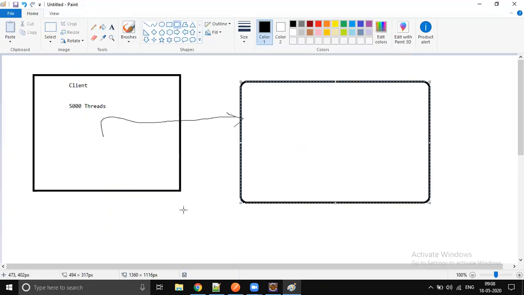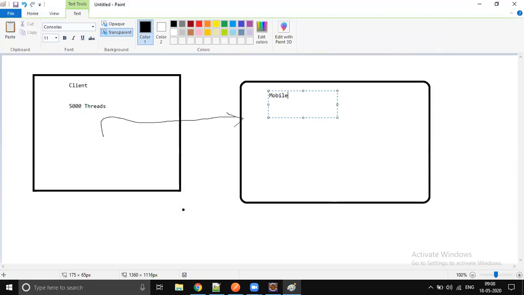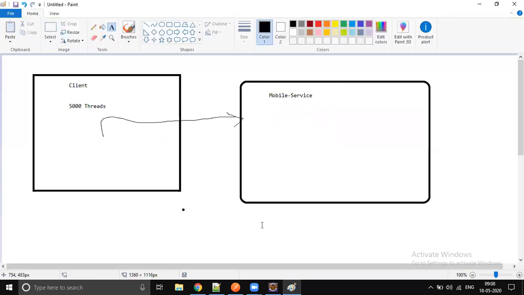The client is a standalone application, no server here, but our mobile service is running on a Tomcat server. Do you know the default thread count of Tomcat? Maximum how many threads can it handle, how many requests can be serviced at a time?